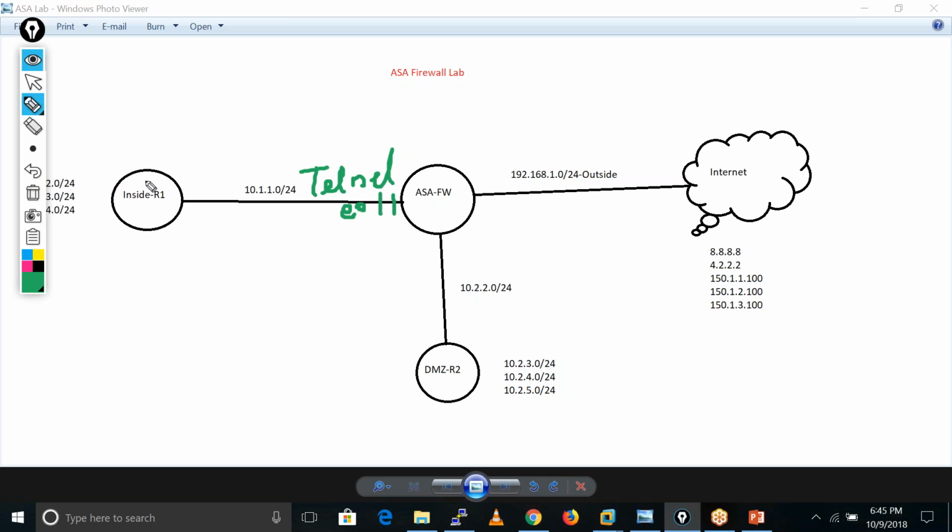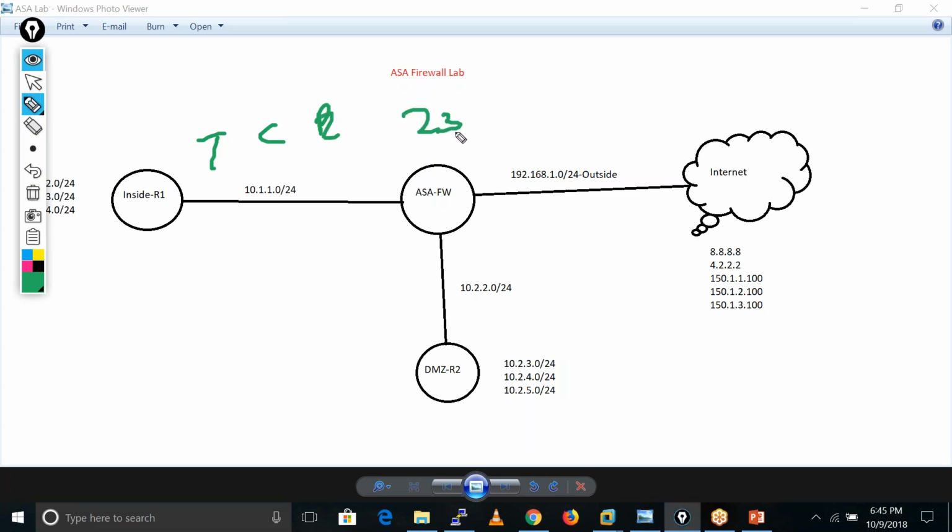If you want to get the telnet access, I run the command telnet and the IP address of this interface. Let's suppose the IP address of this interface is 10.10.10.250. We enable the telnet service over there, and we can access this ASA by running telnet from this PC. Telnet works on TCP port number 23.